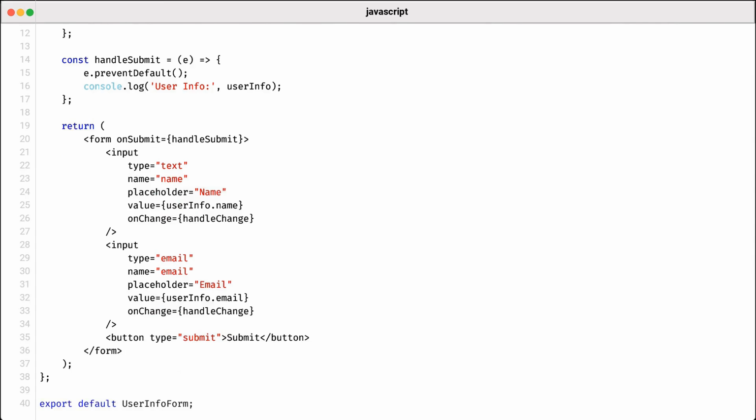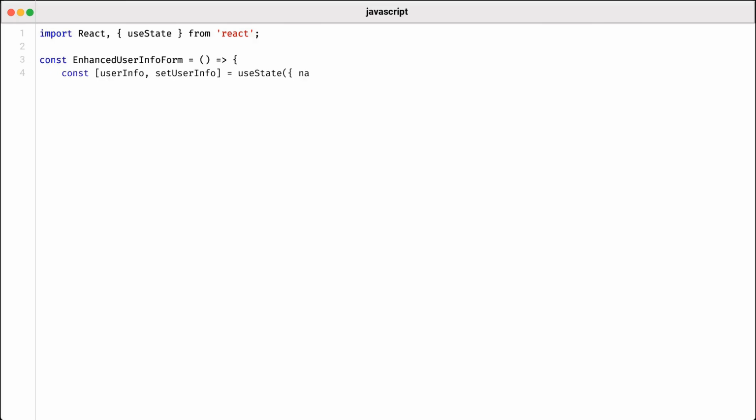This implementation simplifies managing multiple pieces of related state, demonstrating a clean and effective way to handle forms in a functional React component. Next, we will implement a more advanced version of our user information form that incorporates conditional rendering based on user input. The primary feature added here is the ability to display a confirmation message when the user